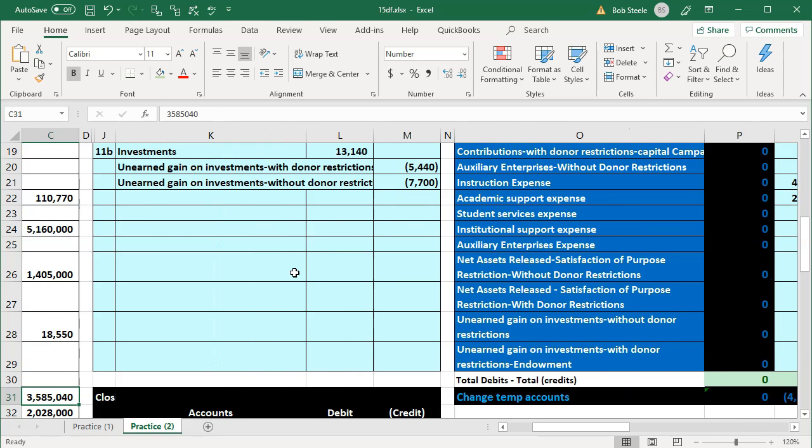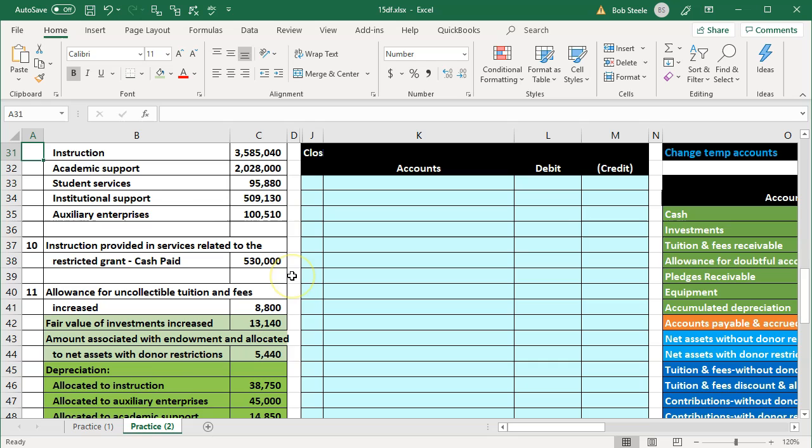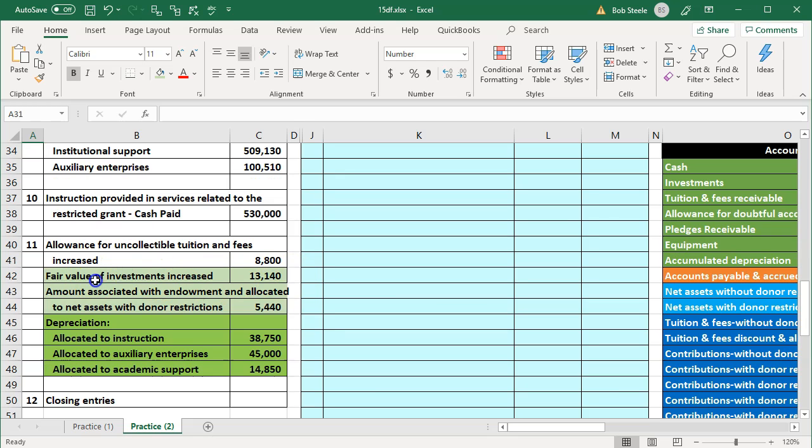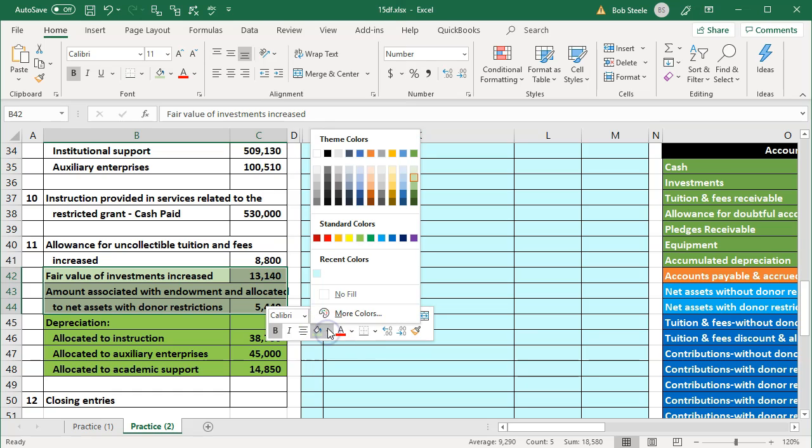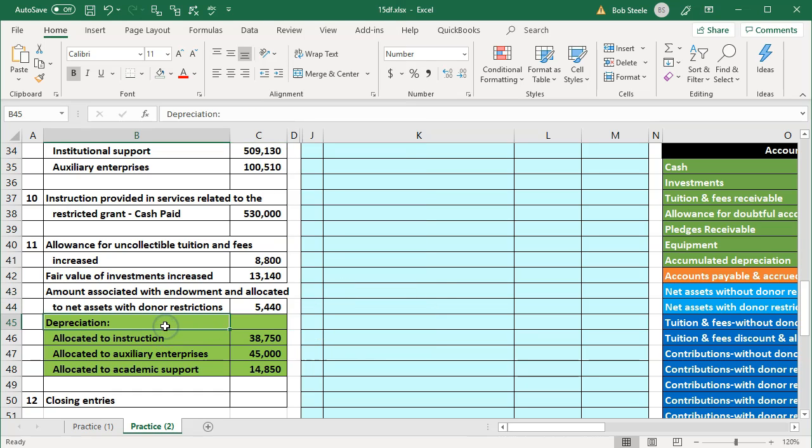So I'm going to go back over to our data. We're back to the left in our data. We'll ungreen that amount related to number 11, or that part of number 11. Now we are on the last part of number 11, which is going to be the depreciation. So this is going to be depreciation that we're going to record. We're going to break it out, however, to the allocation to instruction, allocation to auxiliary enterprises, and allocation to academic